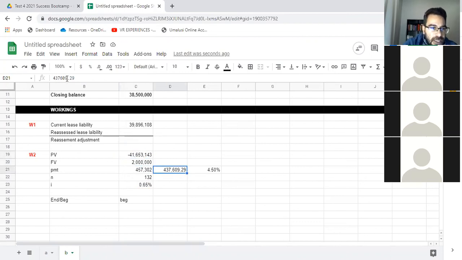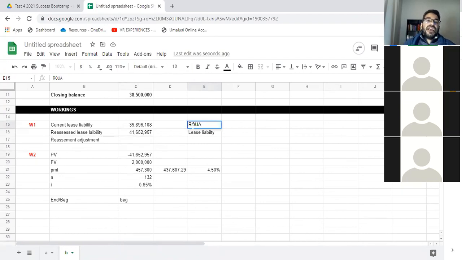Okay, so it's going to change slightly, but it must be 607. So the reassessed amount is 41. As you can see, it's an increase. So the separate journal entry for this would be as follows. The lease liability is increasing. So therefore, we're going to credit the lease liability because it's increasing. A liability increases on the credit side, and we're going to say right of use asset. The reassessment relates to the lease liability.